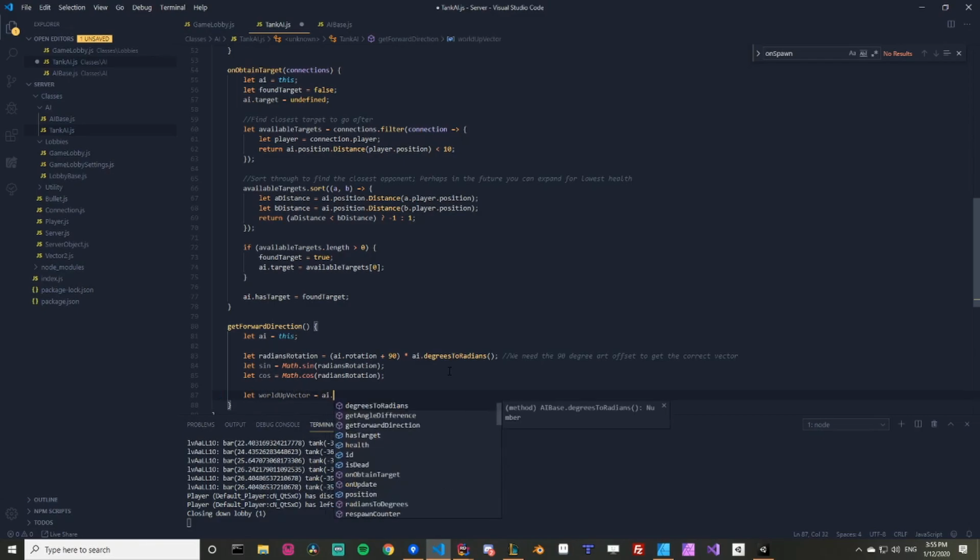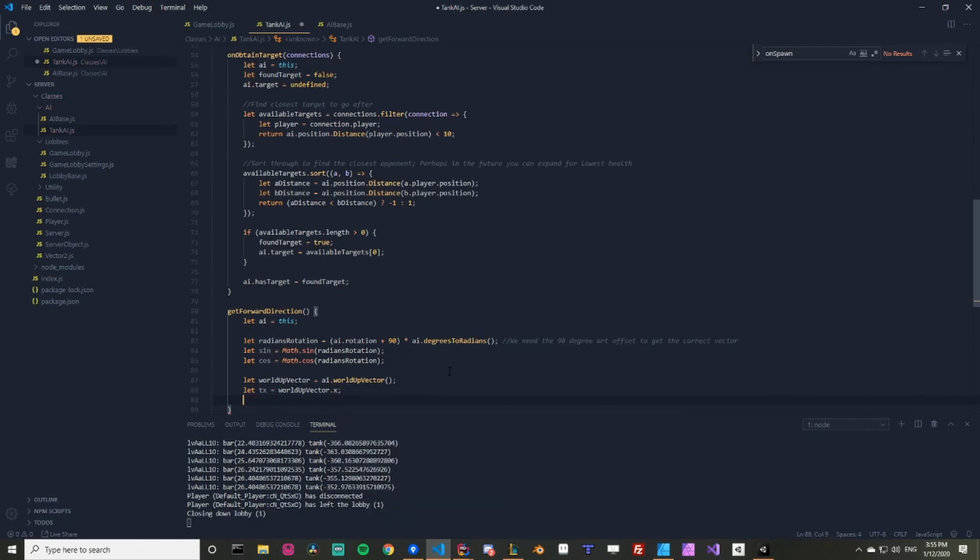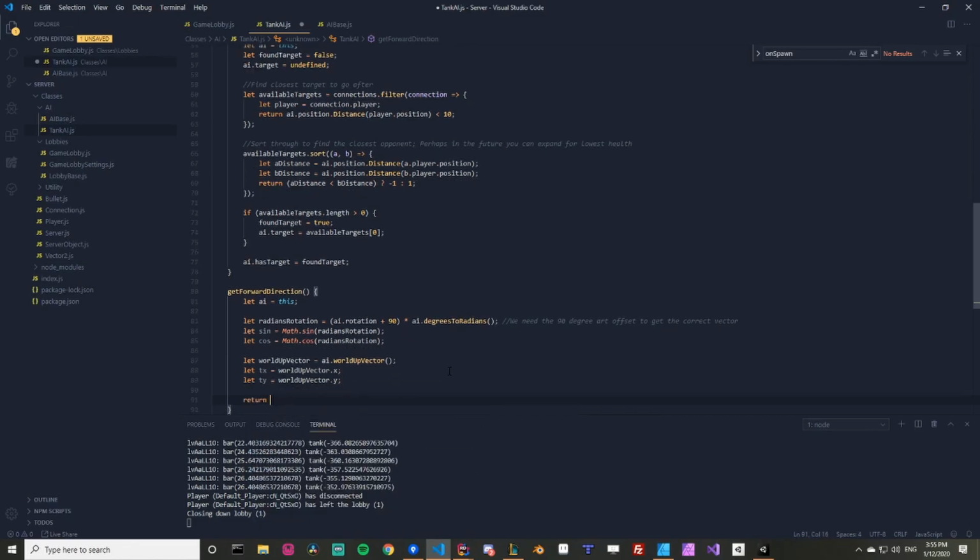And that's that little function we had here called world up vector. And then we're going to make some tx here, which is going to be equal to the world up vector dot x, and this is simply just to make our formula down at the bottom a little bit easier to read. Beautiful. Okay, so in order to calculate our stuff here,